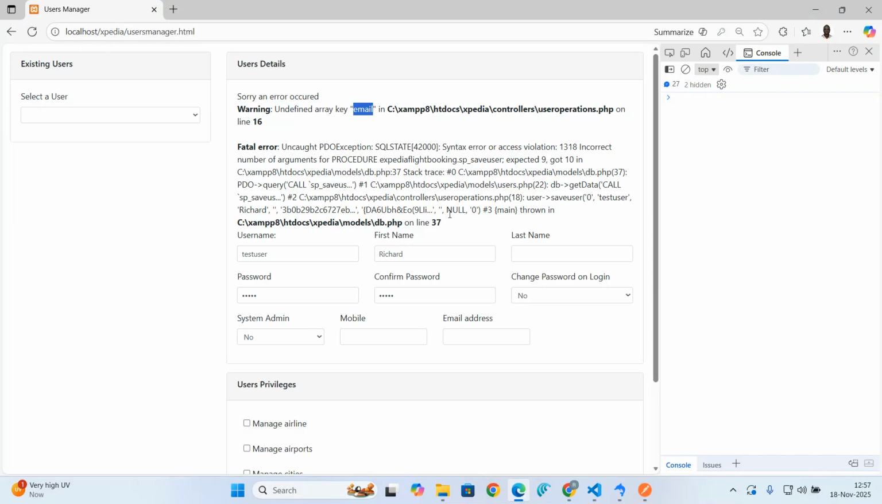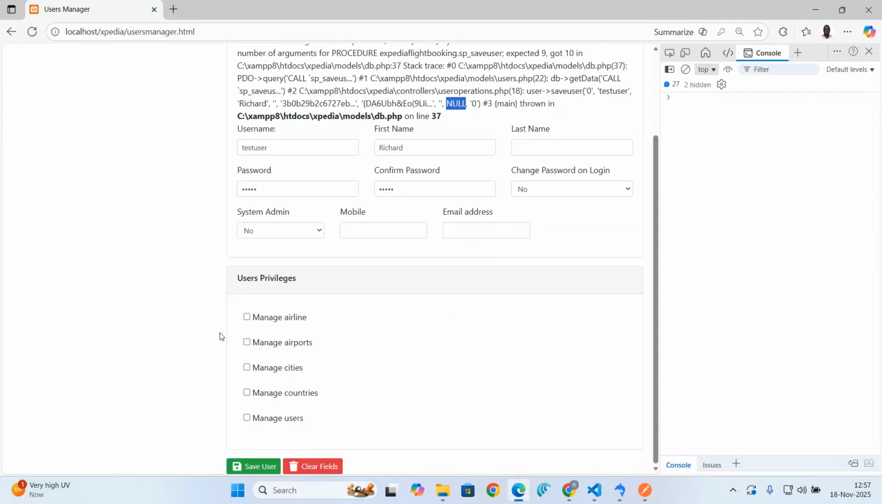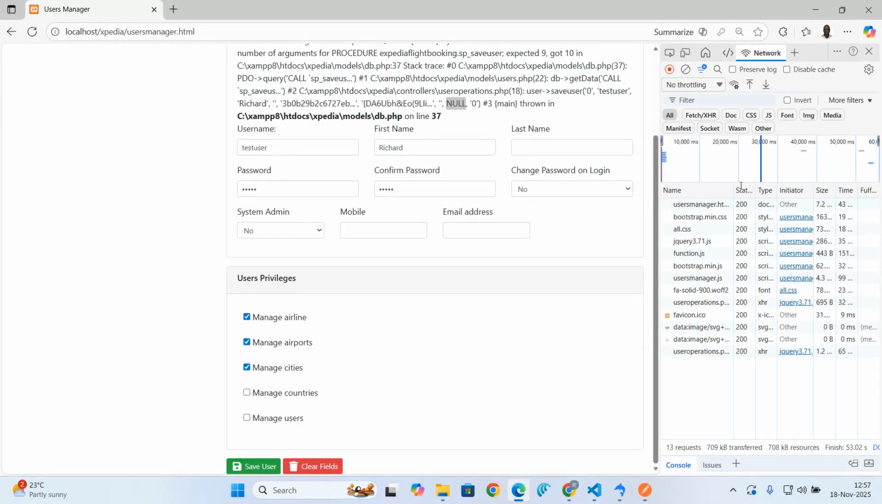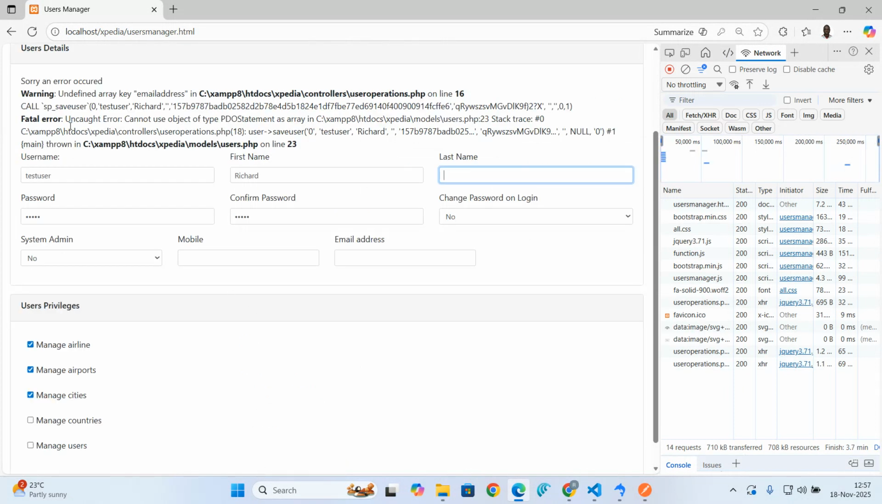I'll just try to execute this all over. So there's a null here. I'll just try to execute this. I'll give them privileges here, three of them, and I just want to check the network. I just want to see what has been passed. So probably I didn't change anything on my JavaScript. So I'll save. So you can see undefined key email address